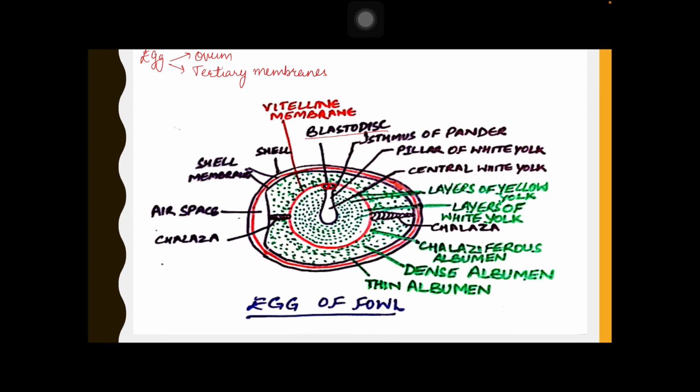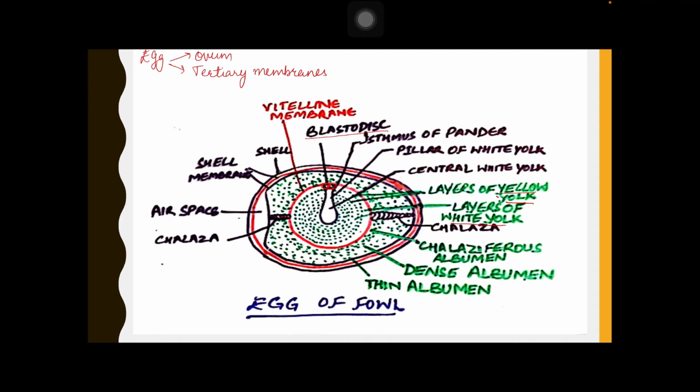Now the rest of the egg is filled with yolk. These green dots that I have drawn are all the yolk. Yolk is not uniform in color and texture, right? It is present in two forms: white yolk and yellow yolk. How do they differ? In their granules and globules. The granules and globules are much smaller and less uniform in white yolk. This is the difference between the yellow yolk and the white yolk.